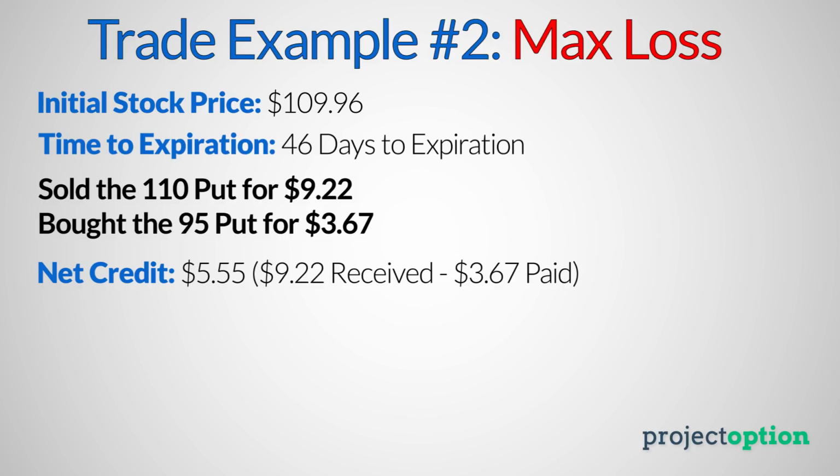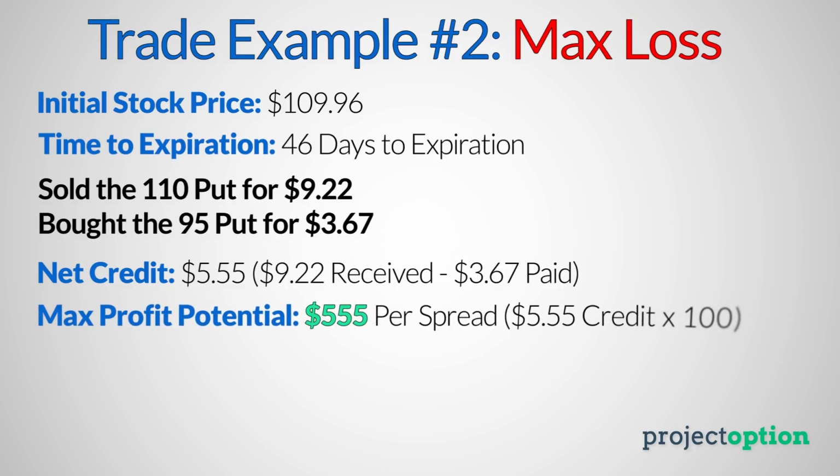The maximum profit potential in this example is $555, which comes from the $5.55 net credit times the option contract multiplier of 100. If I sell a spread for $5.55, the best case scenario is that the spread expires worthless, in which case I have a $5.55 profit per spread, and when I account for the option contract multiplier of 100, that profit comes out to $555 per put